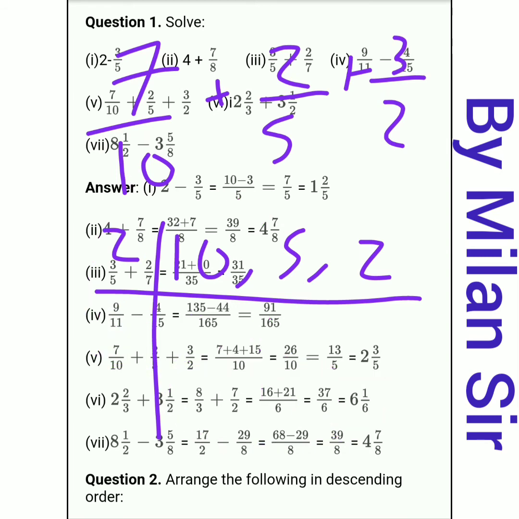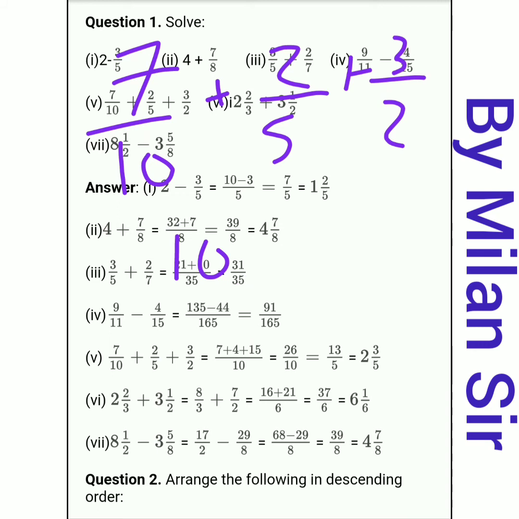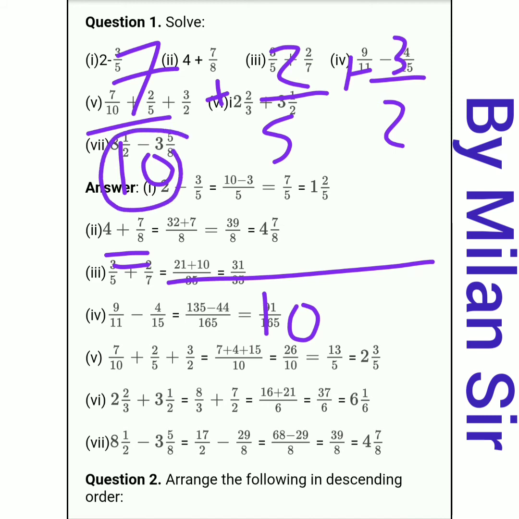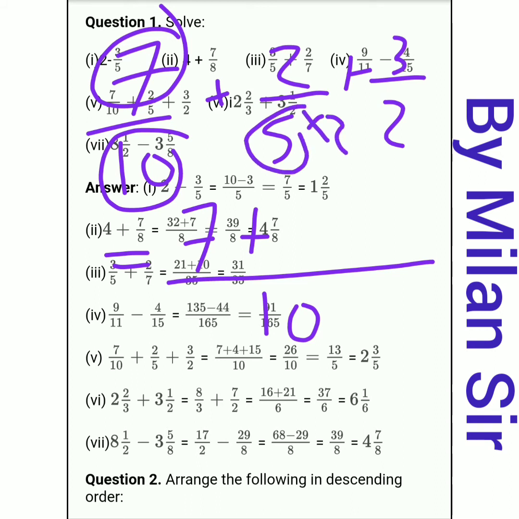So here our LCM is 10. We need to write it in our denominator. We have 3 terms here, so we need to follow the same method. Okay. So LCM 10. Now in the first term the denominator is already 10, so nothing we need to change here. Numerator as it is, 7. Now in the second term we have denominator 5. We need to multiply it with 2. Same thing you need to do with the numerator. So your denominator becomes 10.